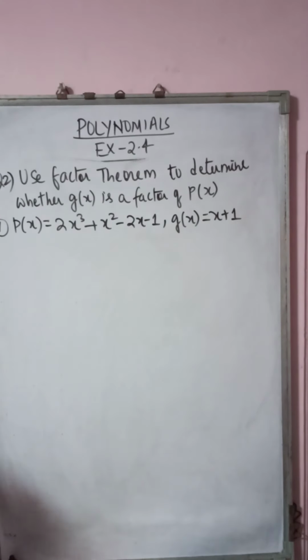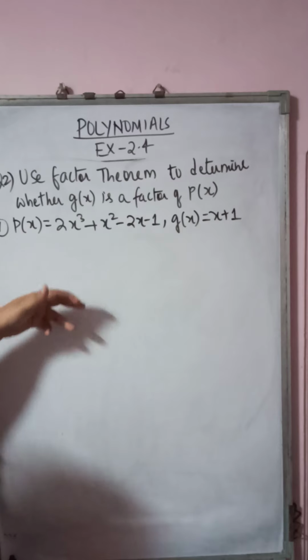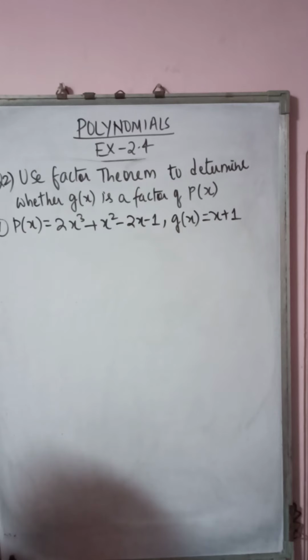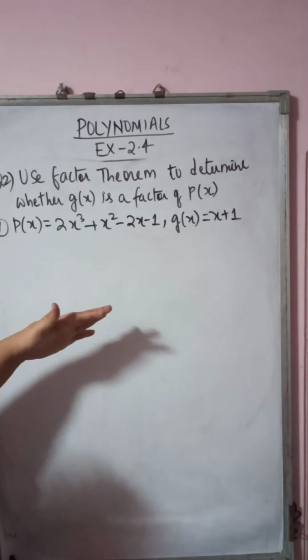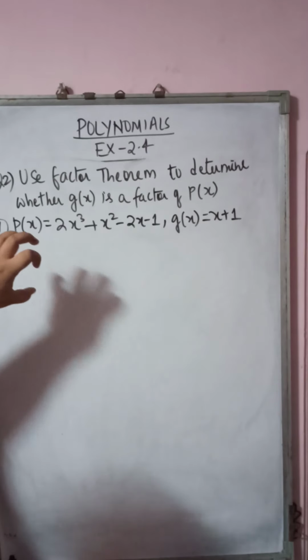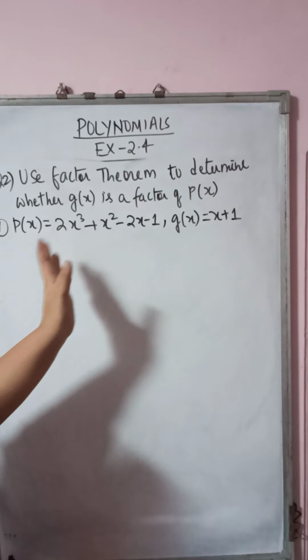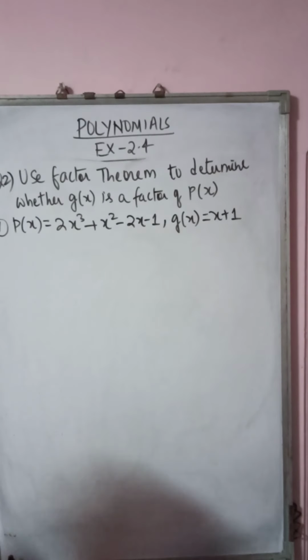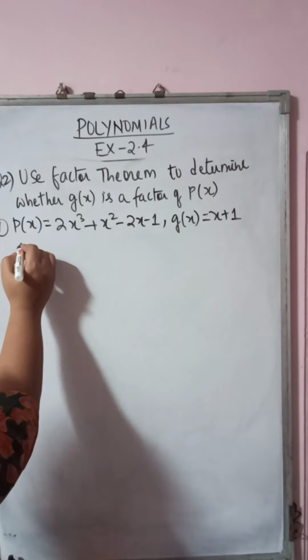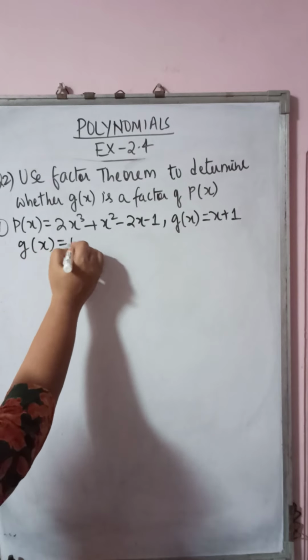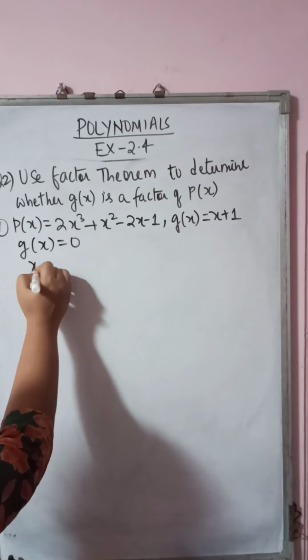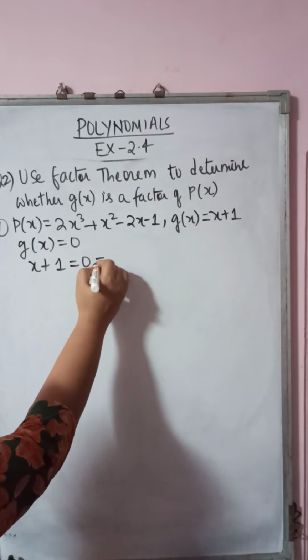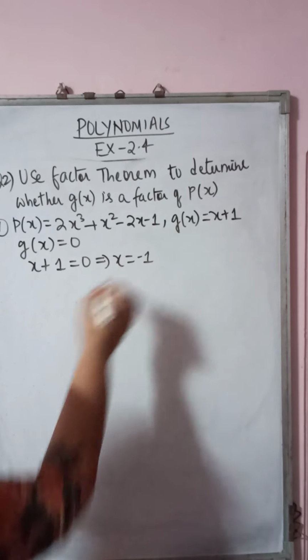That is the factor theorem. Now the remainder theorem is also the same. We equate the divisor with 0, get the value of x, and substitute it in the given polynomial. Whatever remainder we get is the value using the remainder theorem. The factor theorem is also the same, but when we have to find whether g(x) is a factor of p(x), the final answer should be equal to 0. So first step, equate g(x) with 0. What is g(x)? x plus 1 is equal to 0. So this implies that the value of x is equal to minus 1.